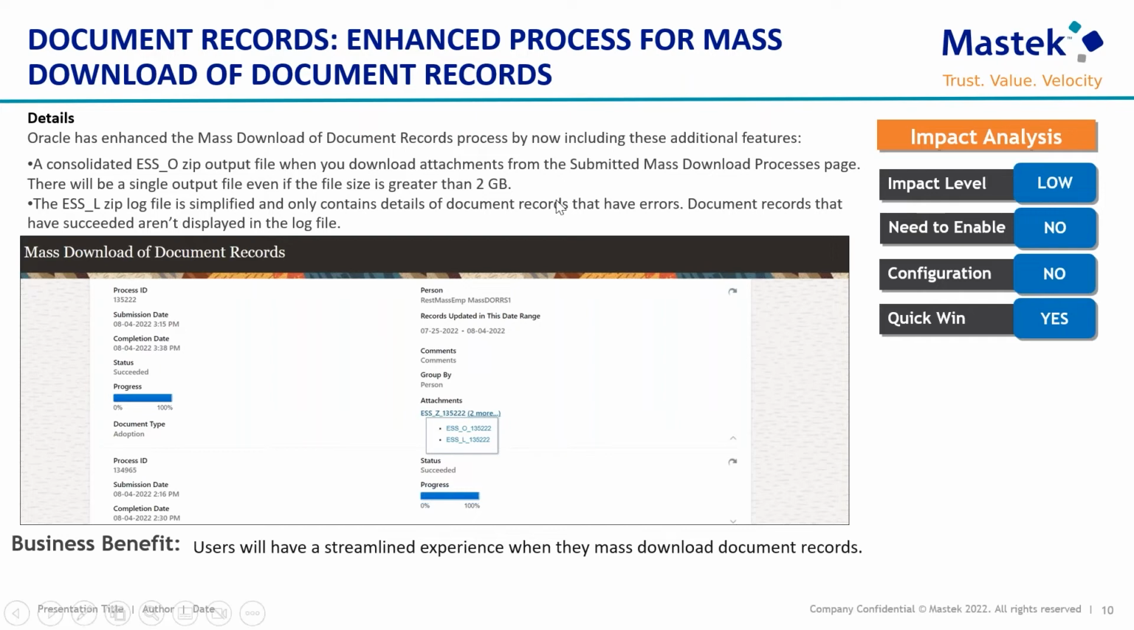The impact level for these is low, and these are quick wins. You need not do any configurations for this. These are available by default. Moving towards the next feature,